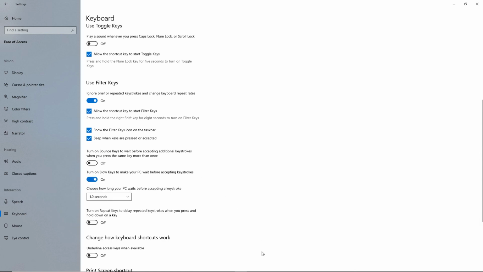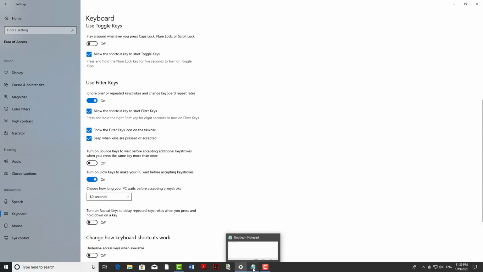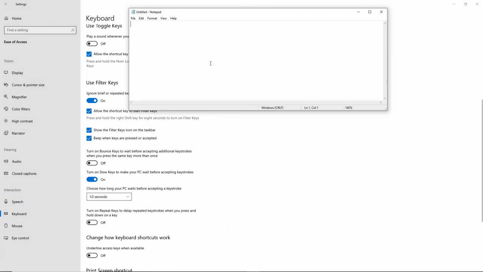This configuration allows you to set the time the key needs to be pressed before it is recognized as a keystroke. I switch to Notepad and start typing random keys. Nothing happens. I am typing too fast. So let's try to press the single keys for longer. Press and hold, release. This mechanism prevents us from making accidental keystrokes.